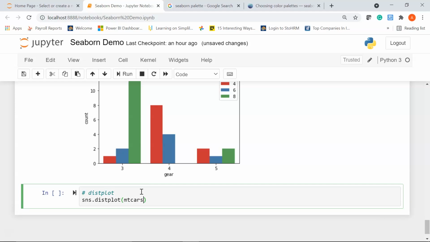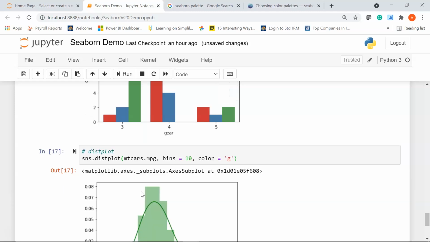I'll pass in my data frame name, that is empty cars, give a period and say MPG, which is my column name. Then I'm going to define the number of bins that I want, let's say 10, and then I'll use the color argument and I'll say, let's say g, which is for green.